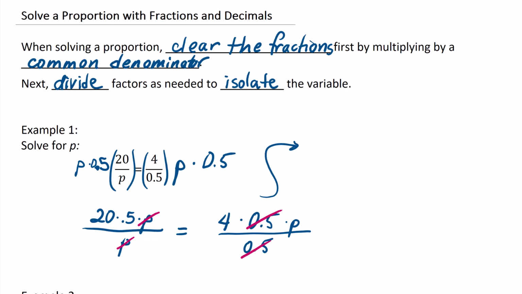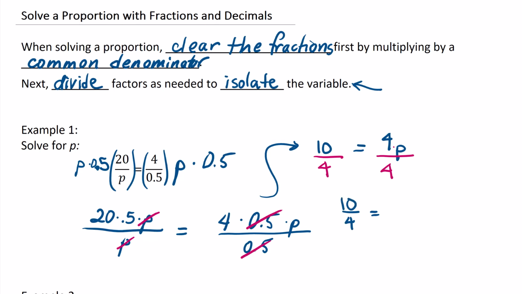So I've done the clear fractions, and I've used a common denominator to do that. Now I have 20 times 0.5. Well, 20 times 0.5, or 1/2, is just 10. And on the right side, I have 4p. And now this last part here, we need to read this again. Divide the factors as needed to isolate the variable. Now our variable is on the right side, and it's multiplied by 4. So the opposite of multiplying by 4 is dividing by 4. But whatever I do to one side, I have to do to the other. And now I'm left with